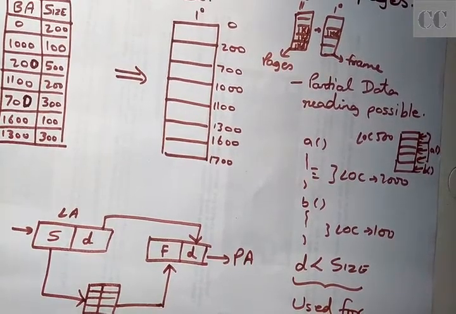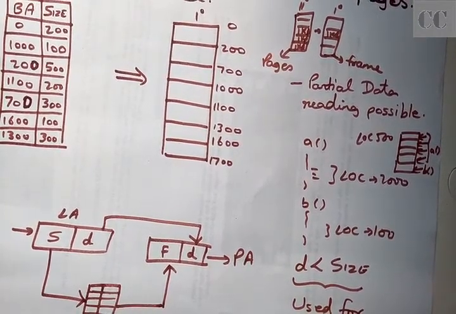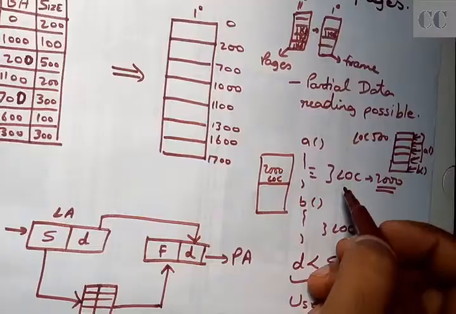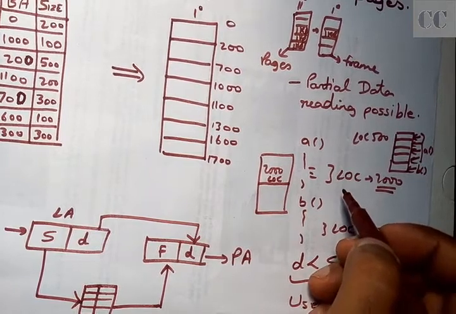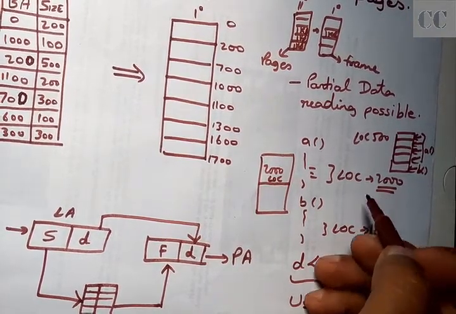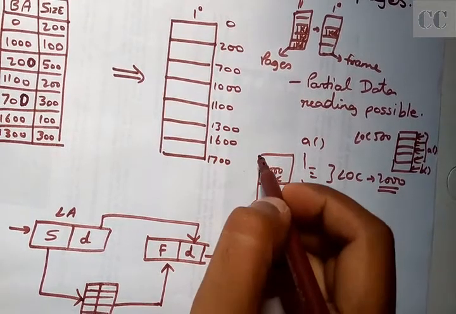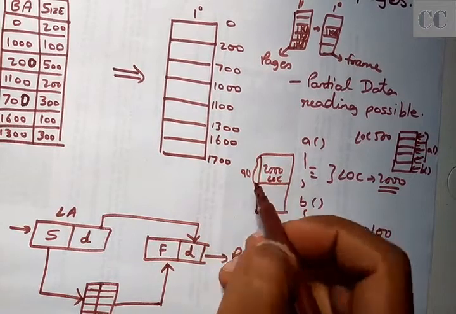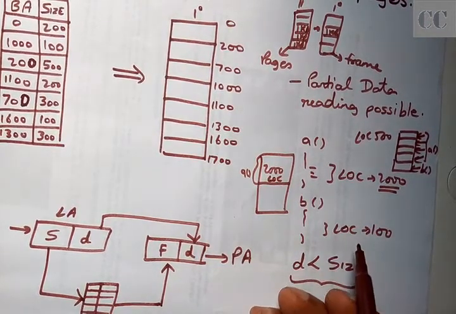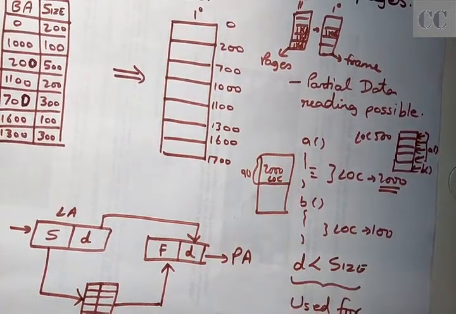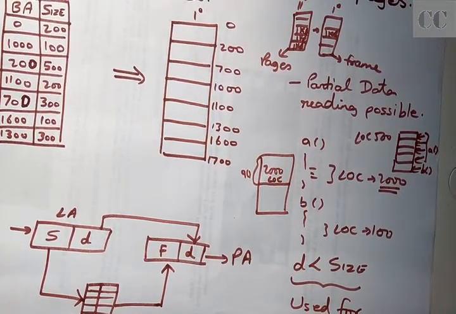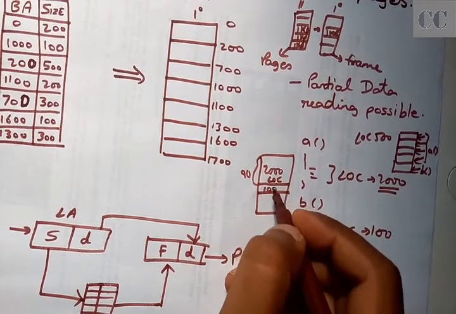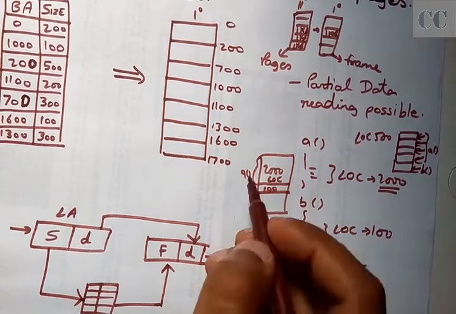So what the segmentation process does is it selectively prepares each segment for each process. If the process has 2000 lines of code, then the operating system will allocate a segment in the main memory with 2000 lines of code for function a. Now if the next function has only 100 lines of code, why should it allocate such a large space for such a small program? So the operating system just provides a small section with 100 lines of code space for the b